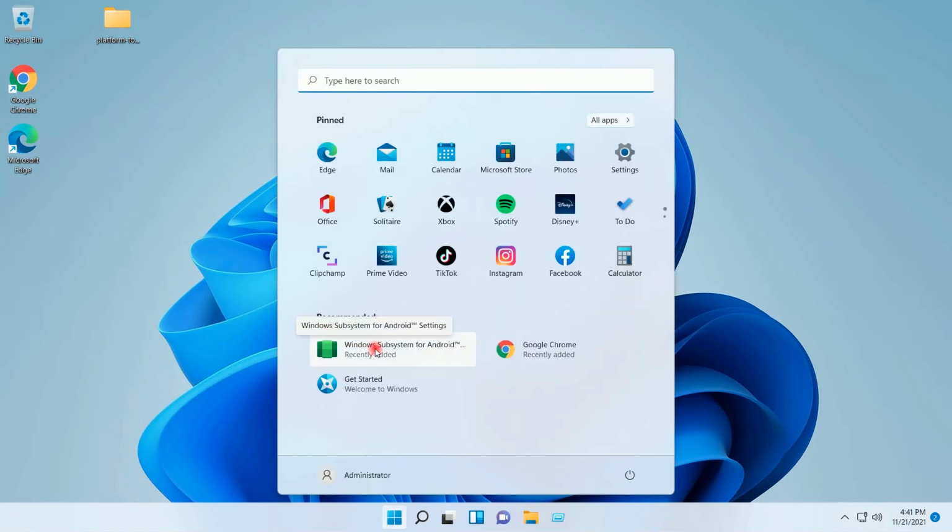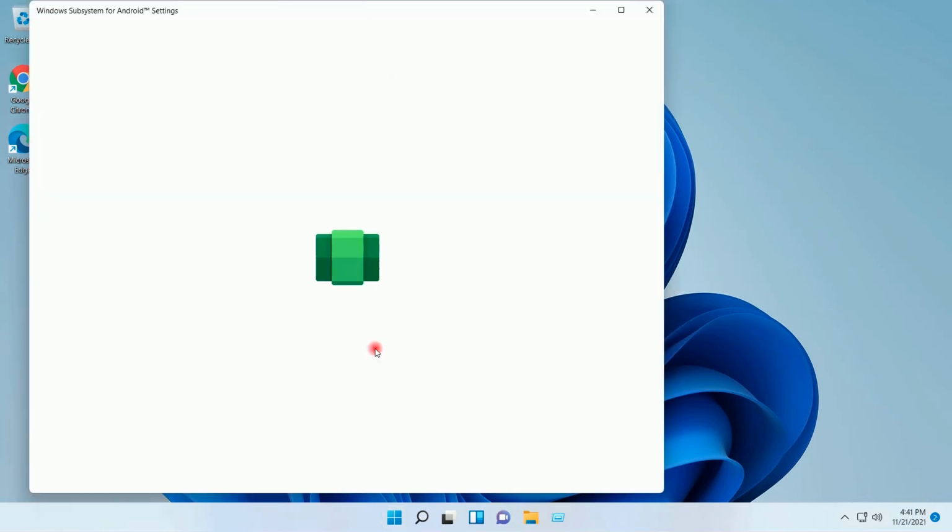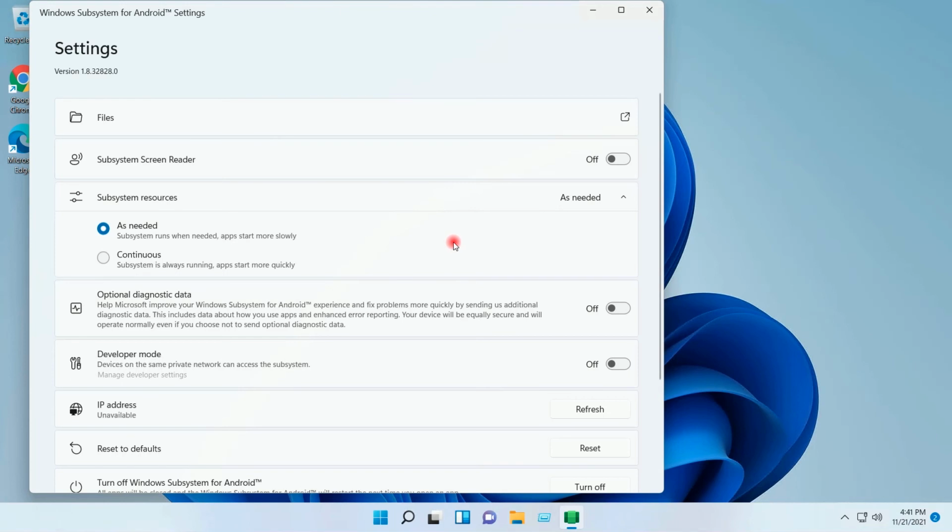I will go to start and click on Windows Subsystem for Android. And I will turn developer mode on.